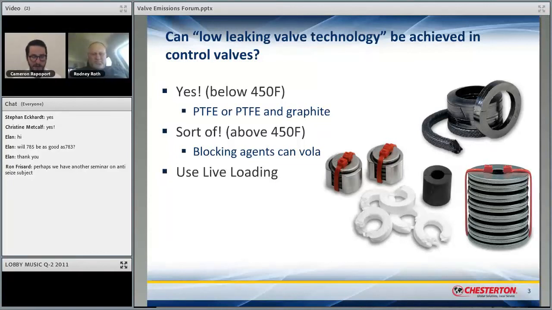One interesting one, something that we get from customers pretty frequently, is that API 622 and 624 are done at 500 degrees. Process temperatures can be much higher than 500 degrees. So why are the standards designed relatively low when process temperatures can go much higher? And also, the ISO standard allows for and specs some higher temperature testing.